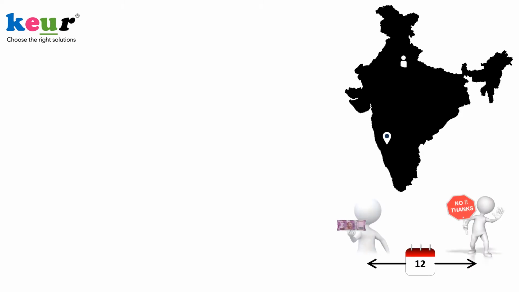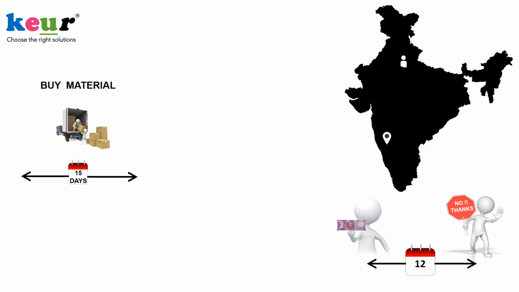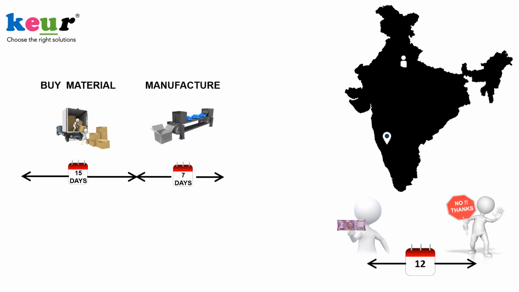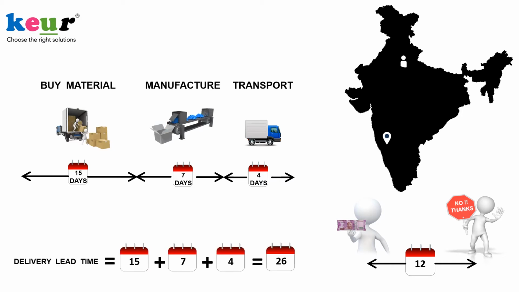Suppose the manufacturing location is at one place and the customer is at some other place. For a particular product, the window of opportunity is say 12 days. Procurement lead time is 15 days, manufacturing lead time is 7 days, and transportation lead time is 4 days. In that case, delivery lead time will be 15 plus 7 plus 4 equals 26 days, which is greater than 12. The company will be forced to shorten it to less than 12 days, otherwise it will not be able